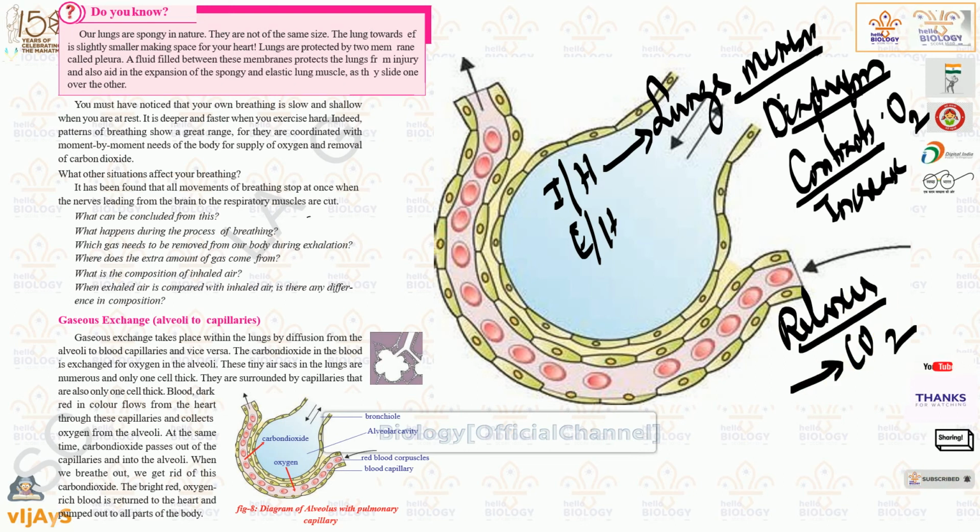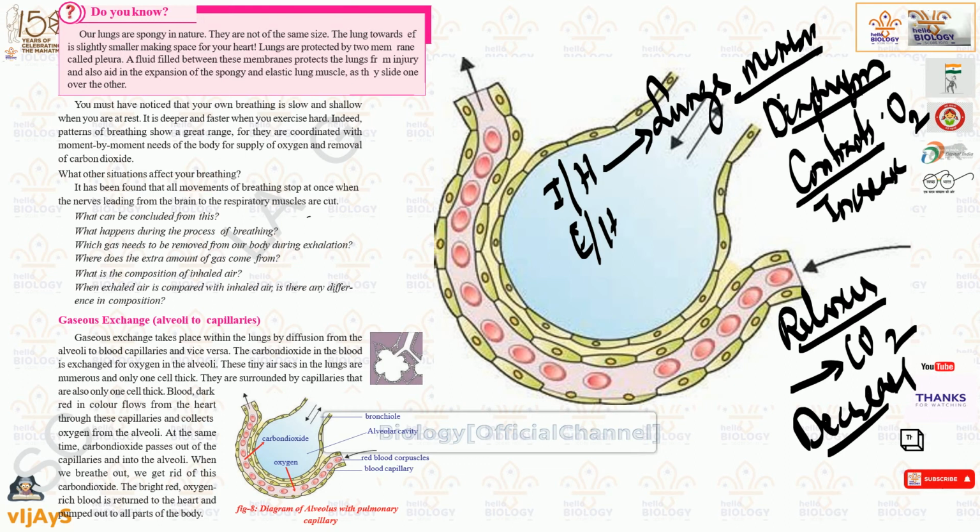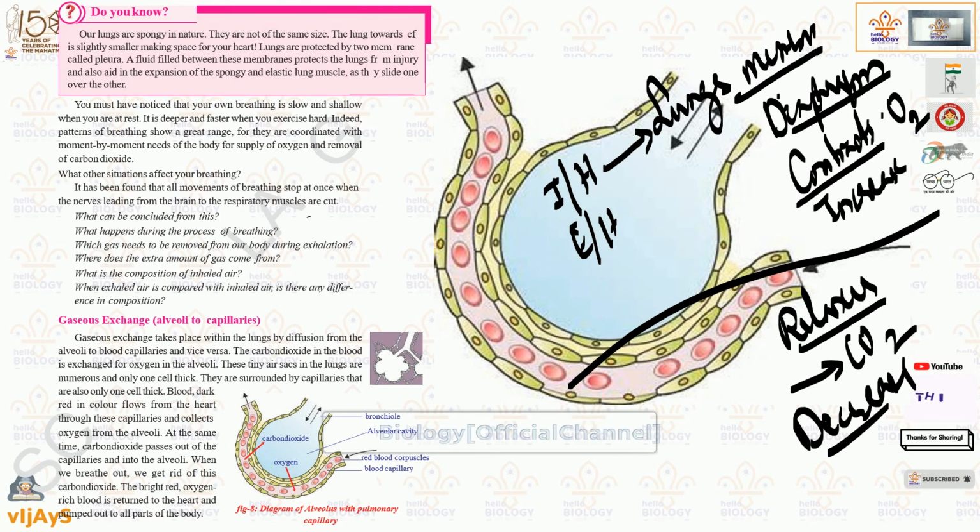So when carbon dioxide is going outside, the lungs are losing something, so the lungs will decrease. Just breathing, you know, no? Normal breathing. That breathing only we are discussing, nothing complicated. Only words will make it complicated here. Just breathing only. Understood? What we usually do is just inhale air and exhale air.